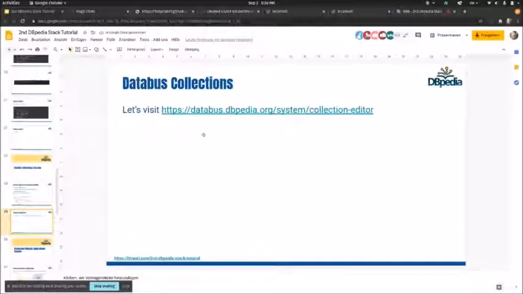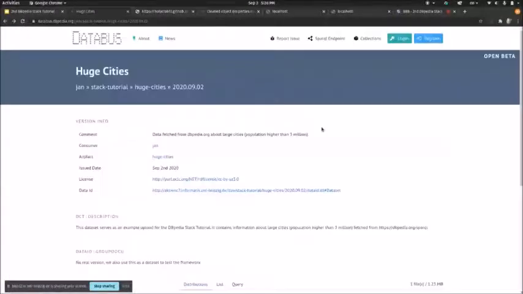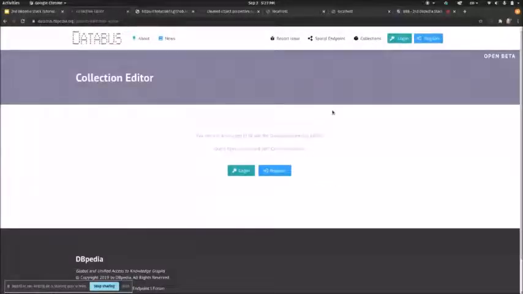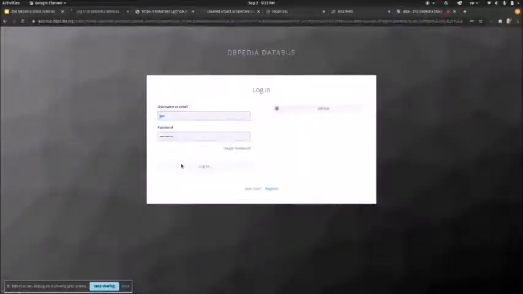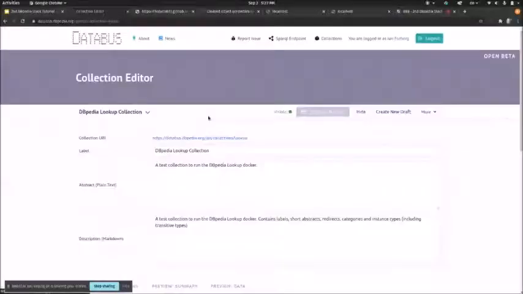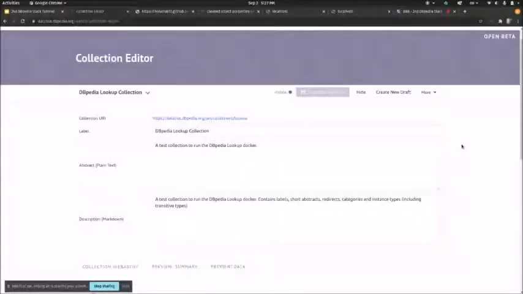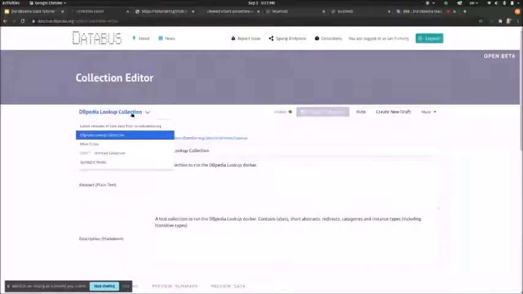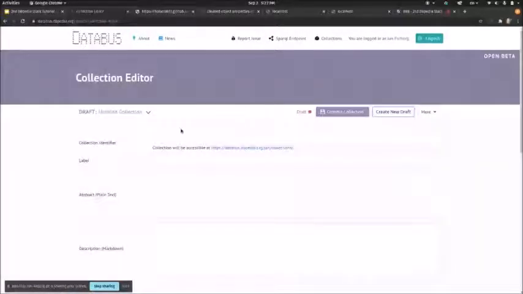And you can access that by going to the databus and going to the collections editor here. And you will need a databus account there as well. So I'm going to log into my account. And here you can see the collection editor. Up here is a drop-down, so you can see I already have a few collections, but I want to create a new one. So I will create a new draft,